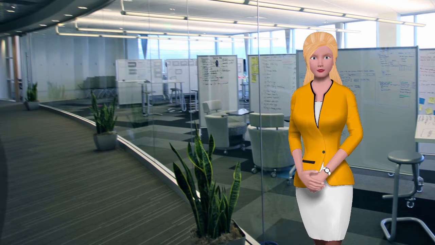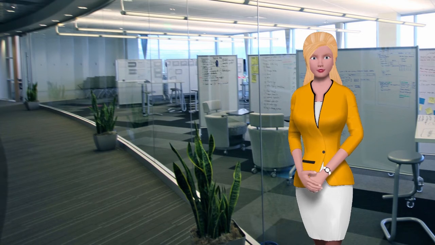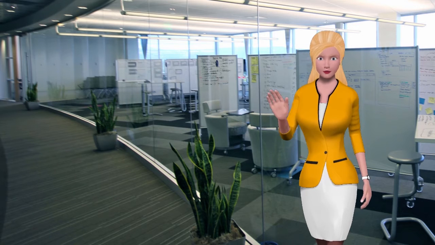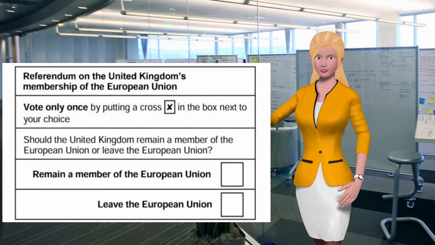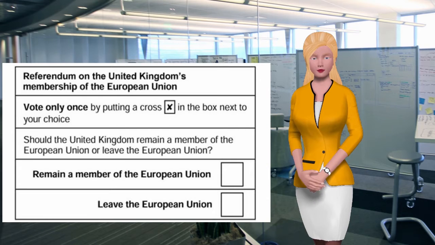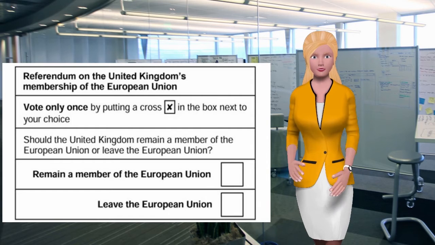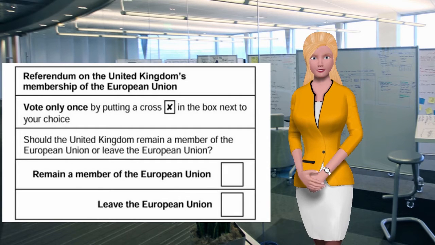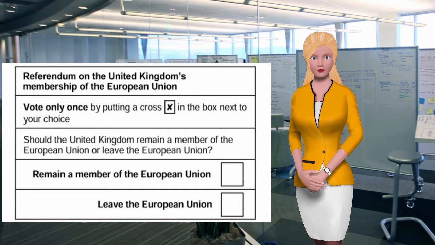We will now address the wording of the ballot paper because again there seems to have been a lot of confusion about the words used. As stated earlier, ballot papers are made to be very simple and clear in their questions so no one can misunderstand them. On this ballot paper the first choice was remain in the European Union. The definition of remain supplied by the Cambridge Dictionary means to stay in the same place or in the same condition. As an example, the doctor ordered him to remain in bed for a few days. So we can understand that remain in the European Union means to stay in the European Union and remain as a member. The second selection on the voting slip was leave the European Union.